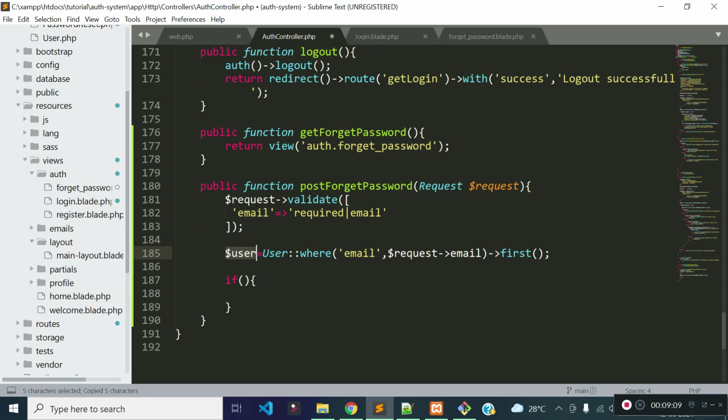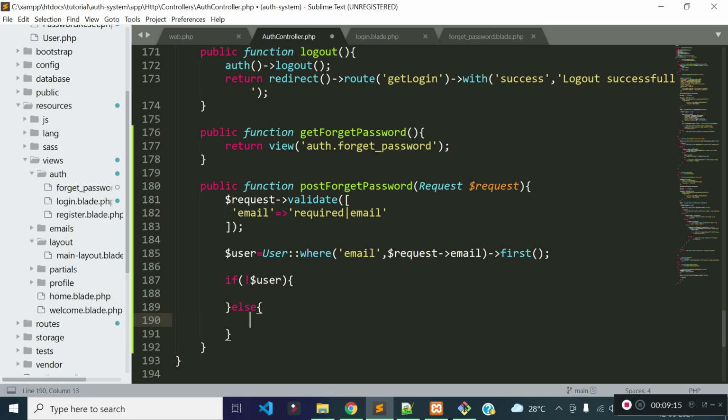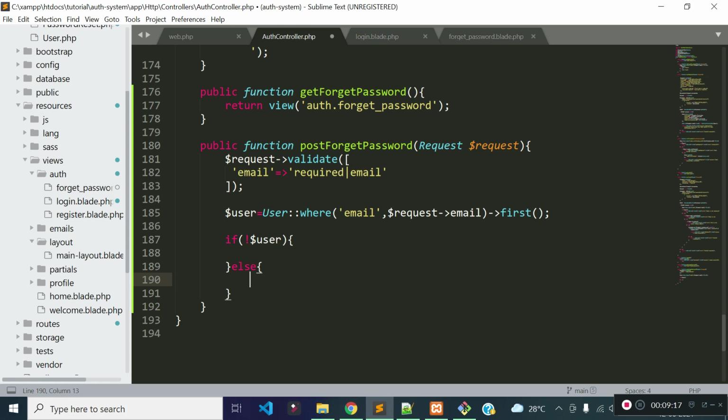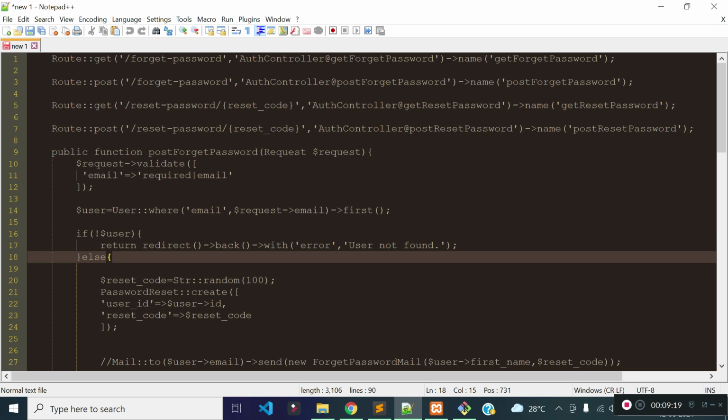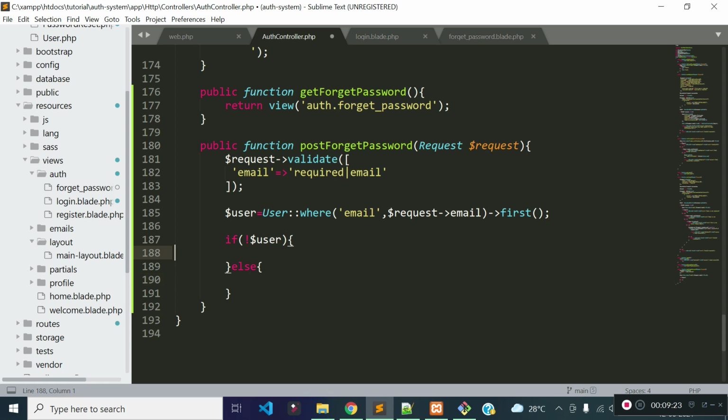If not user, if there is no user found with the email address user is entering, then I am returning the user back to forget password page with an error message called user not found.